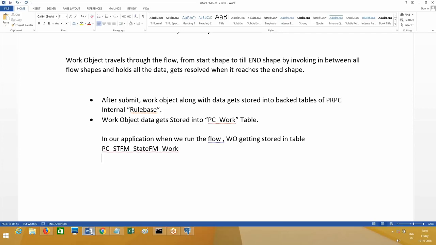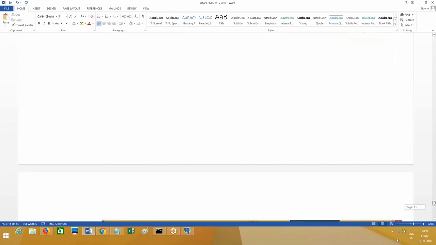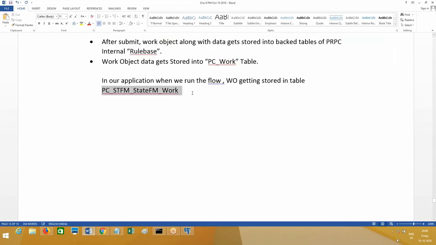This is the table. Is there anything that you understand from the table name? Framework class. Exactly, if you look at the table name in the back end, whatever framework class you have, the same name is the table name with a prefix of PC underscore, where hyphens have become underscores in table names.